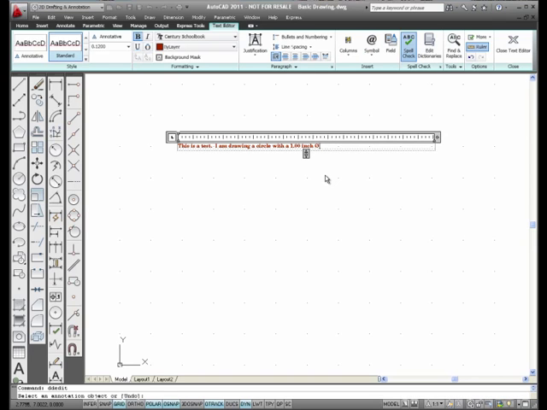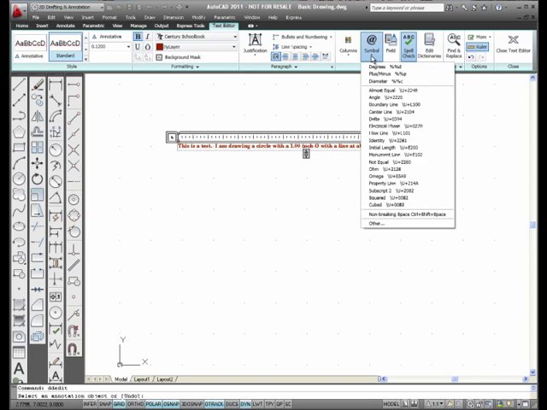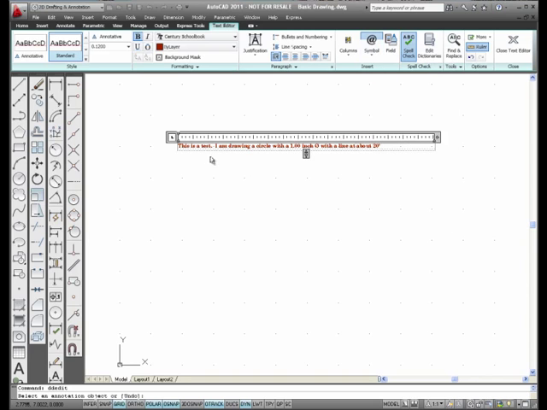I am drawing a circle with a 1 inch diameter, and with a line at about 20, and I want to indicate degrees, at about 20 degrees. Once again, I select degrees, and now I am drawing a circle with a 1 inch diameter with a line